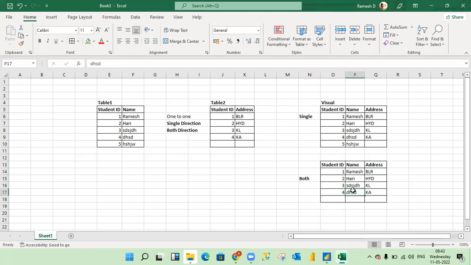Why? Because the fifth entry is not coming in this visual. Why? Because we have applied both the direction. When we apply both the direction,